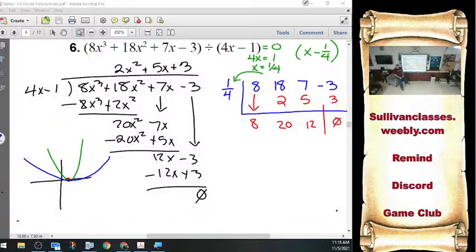Neither of those are 1/4. What? Aren't they linear? What? No, I get a quadratic left over. Oh. Okay? So,